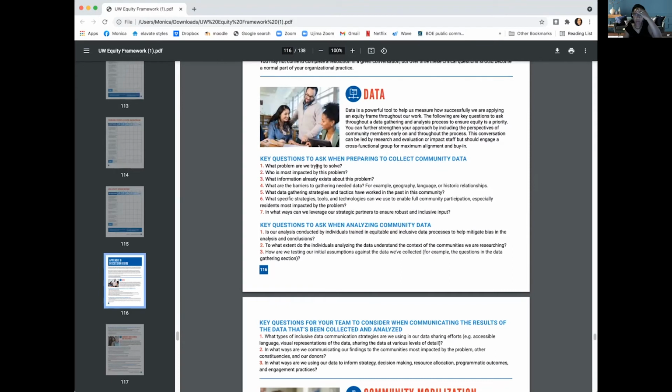So in your assignment, you will select at least 2 questions. So you might decide, okay, we want to know, what problem are we trying to solve? And then you might also say, we definitely want to have discussion around what are the barriers to gathering the needed data. For example, geography, language, historic relationships. So you will add that to your assignment.